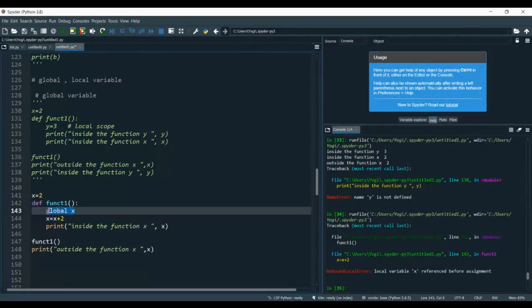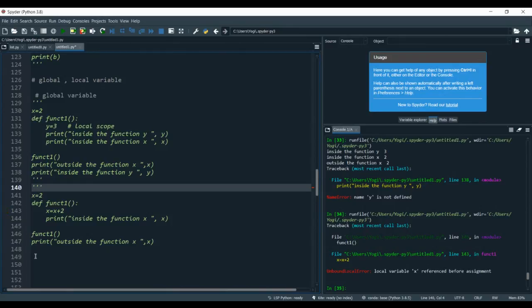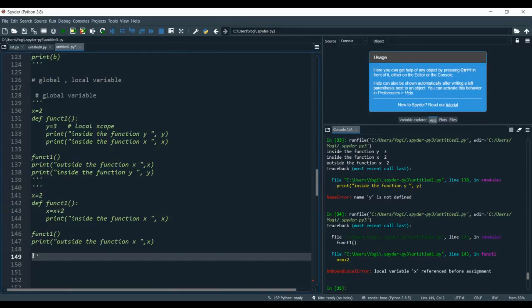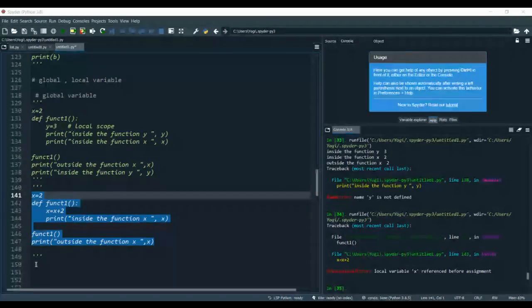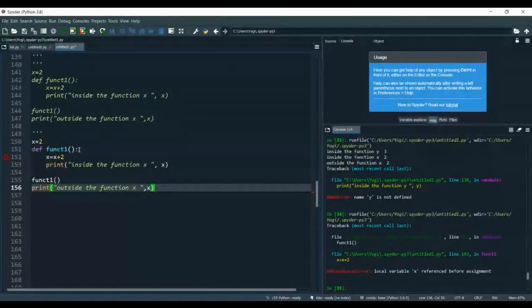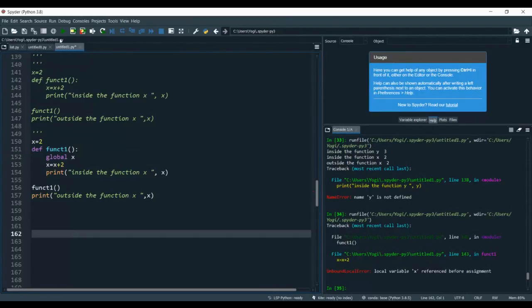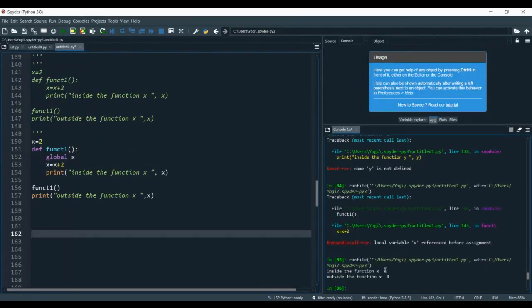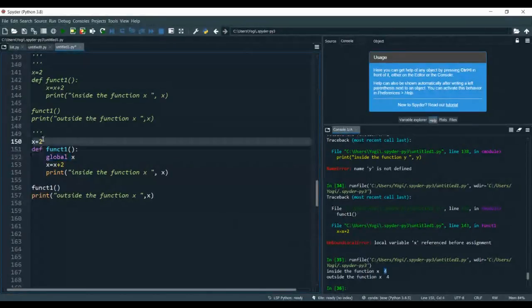Now if I try to run this, first of all let me write it in this way so that after you check this, it will be clear to you what the difference was. Now see, after writing this global keyword, you have mentioned that you are taking the reference of x from the global scope.